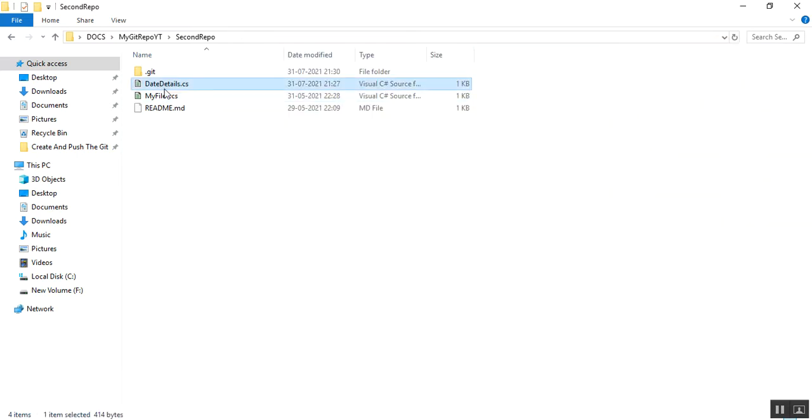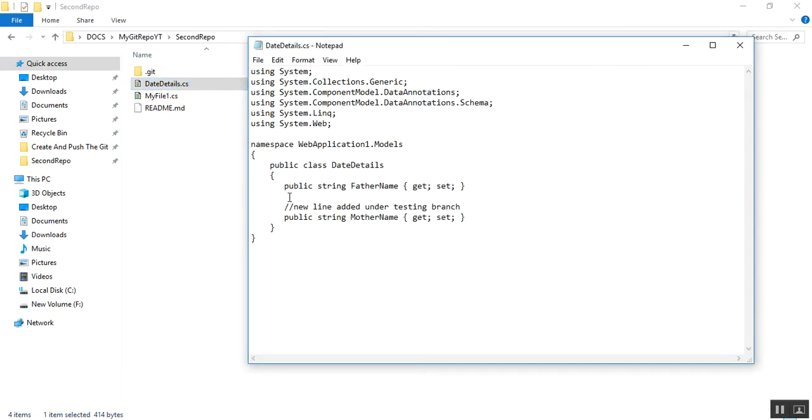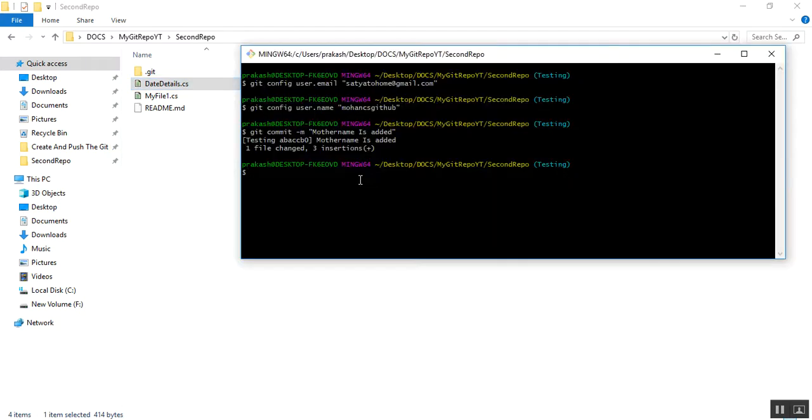So 3 insertions is nothing but the 3 lines: I created one space here, that is 1 line, 1 comment I have added, this is the 2nd line, and 1 mother name property has been added, this is the 3rd line, which are called the insertions here. I already have made one video on what insertions and deletions are in GitHub and how to find them. Now I want to push these changes from the local Git repo to the GitHub repository using the command